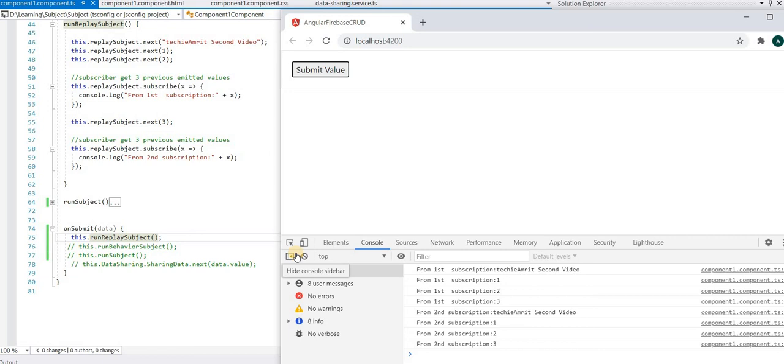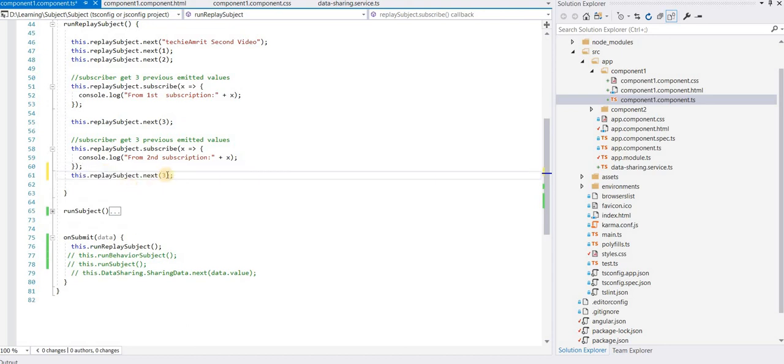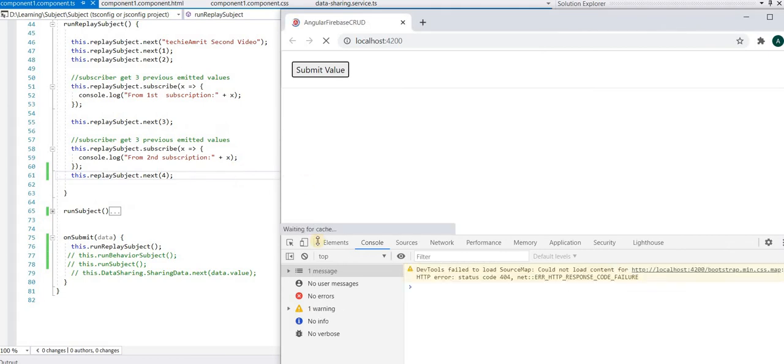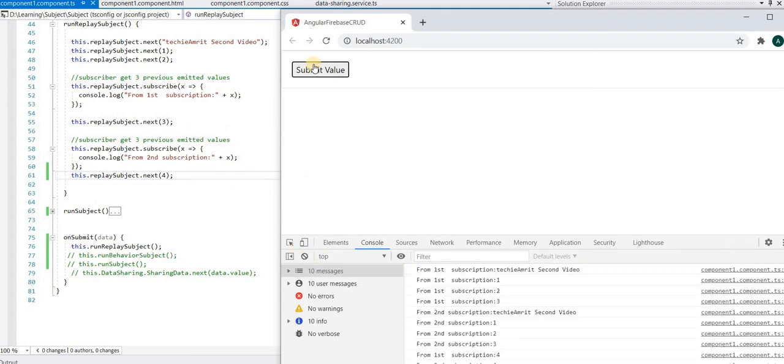It keeps on emitting the previous values because it stores the values in a kind of cache. Now, if I push another value to it, I would say 4 and save, and I create, you will see 4 values. See, on first subscription it gives us 3 values.